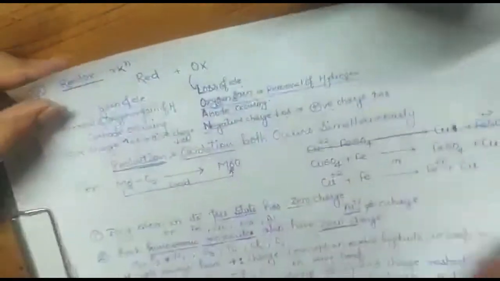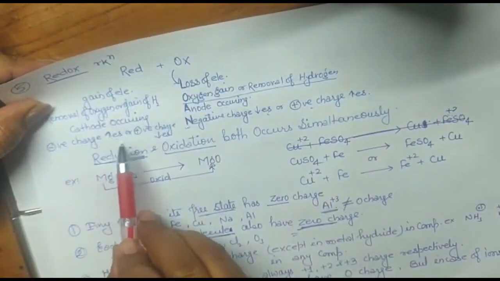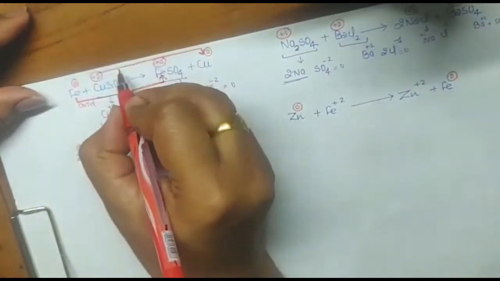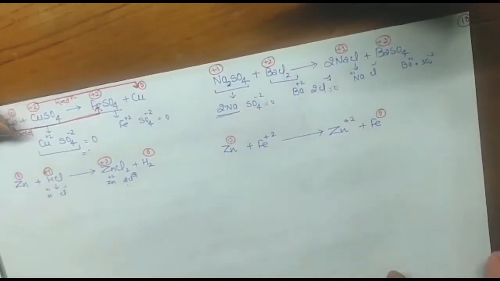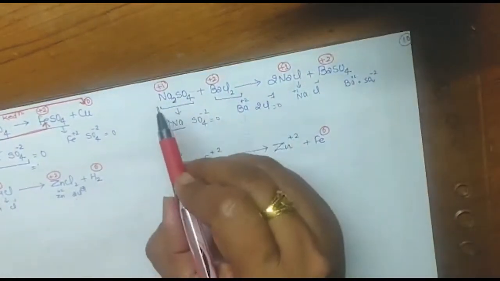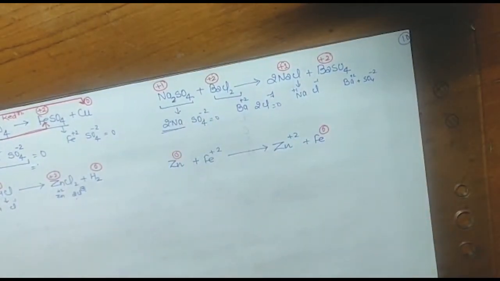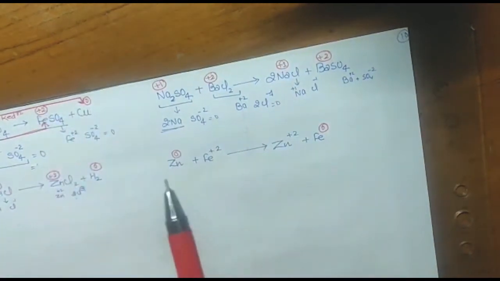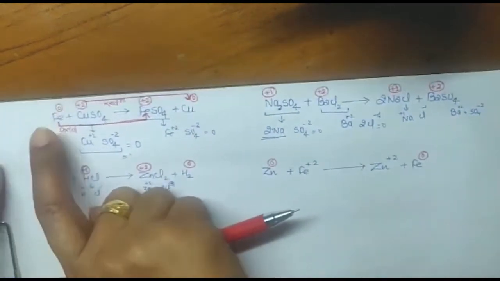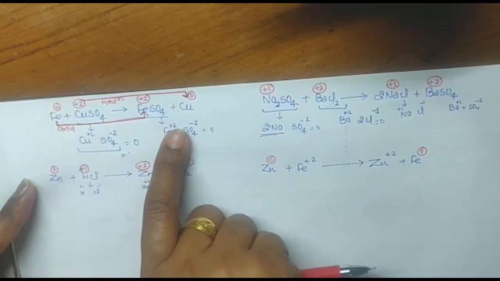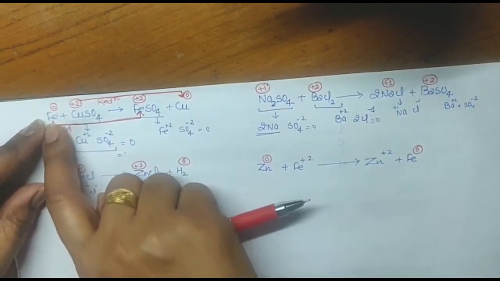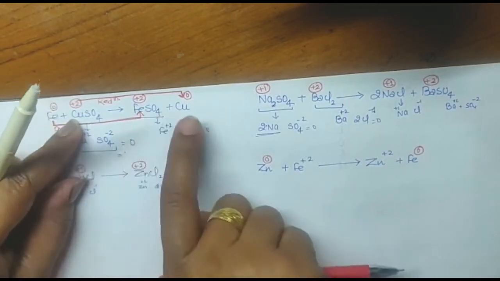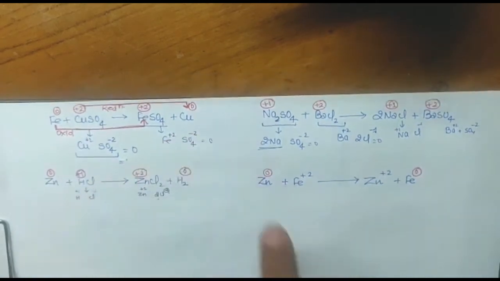So here check this definition. Either negative charge increases or positive charge decreases. So what is happening here? Positive charge is decreasing. So this is an example of reduction. Got it? Any doubt in this? Now in this, check one thing: we have to check the change in charge for the same atom. Like if we are checking Fe here, then on the product side also we have to check only Fe, not Fe with Cu, we will not relate it. Okay, Fe is 0, Fe is +2, Cu is +2, Cu is 0. Got it? So in this way we have to check.